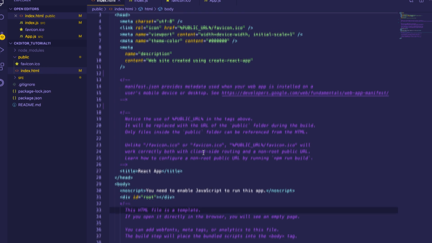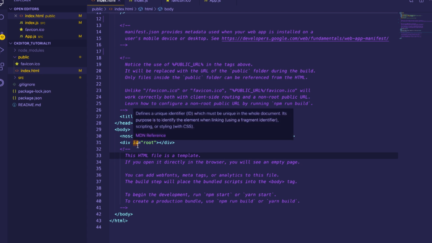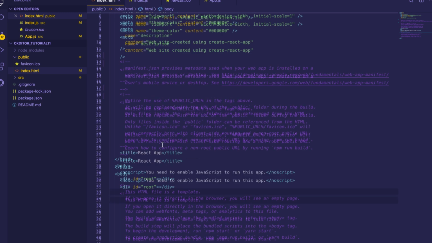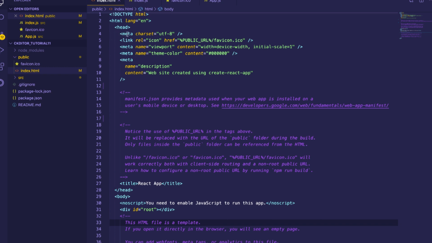Inside index.html we have the root div, and this root div is what we will use to mount React components in. And here we have, as usual, metadata,